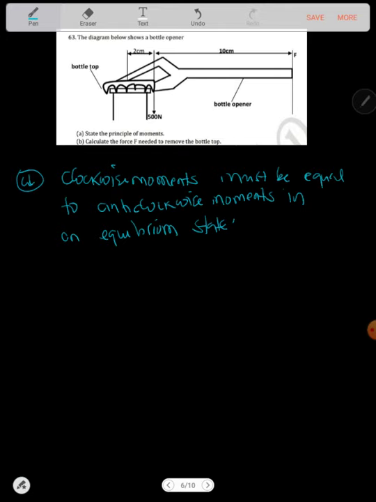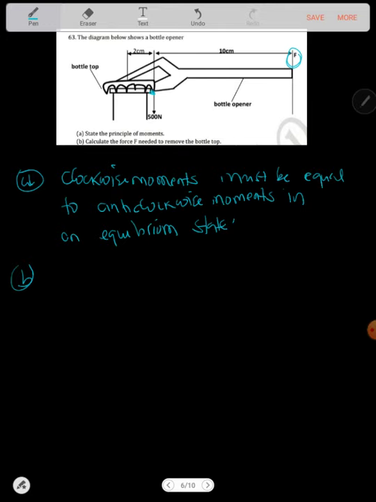They're just the same. Then B says calculate the force F needed to remove the bolt top. So the force F is there. Now you need to choose which one is the pivot. Is it this part or this part? If we choose this part to be the pivot,